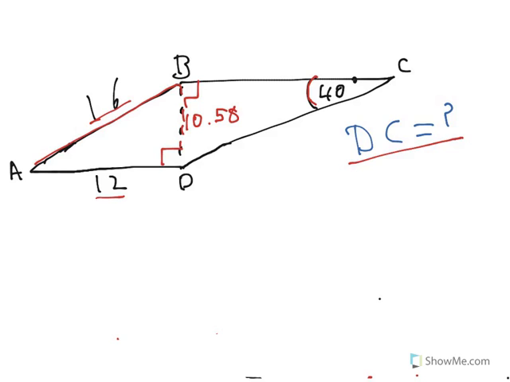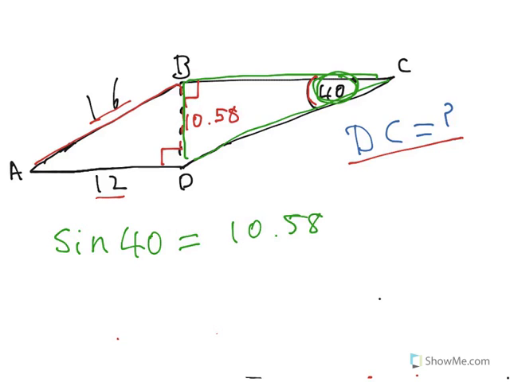Within this triangle here now, this one here, we have a situation where we've got 40 degrees just here. And as we've said, BD is 10.58. So if we use sine, we can say that the sine of 40 degrees is equal, remember sine is opposite over hypotenuse, so it's going to be 10.58 over DC. Now remember, DC is actually what we're looking for in the end. So if we restructure that in terms of DC,